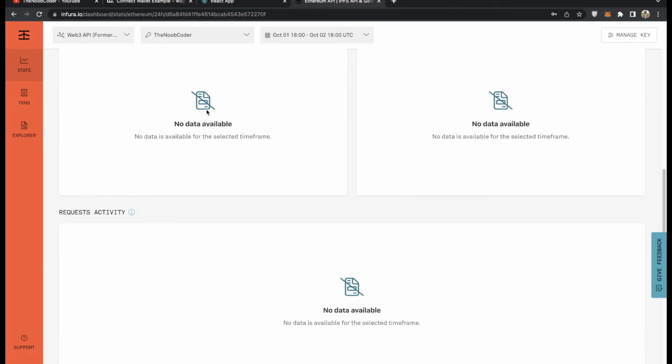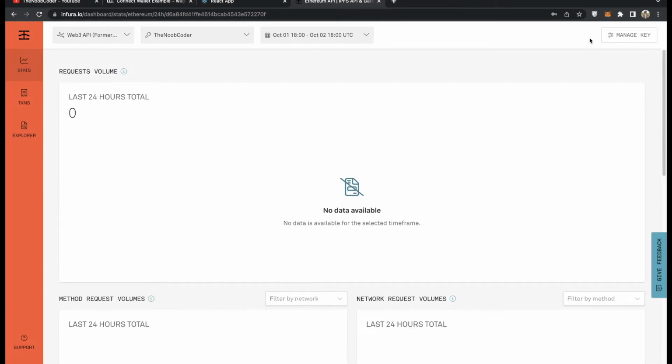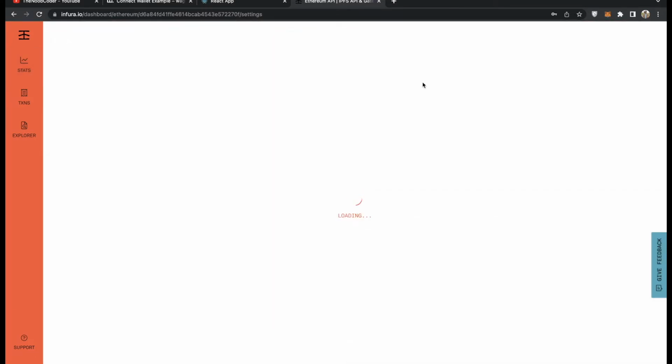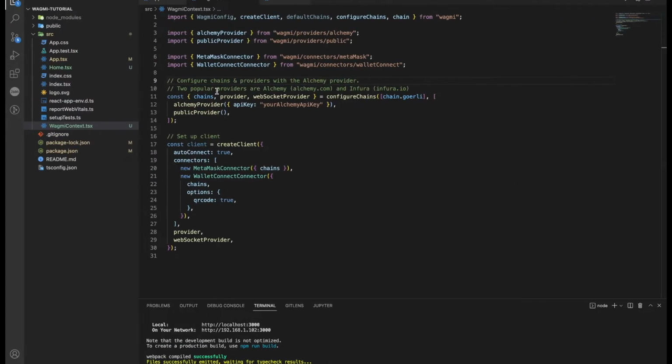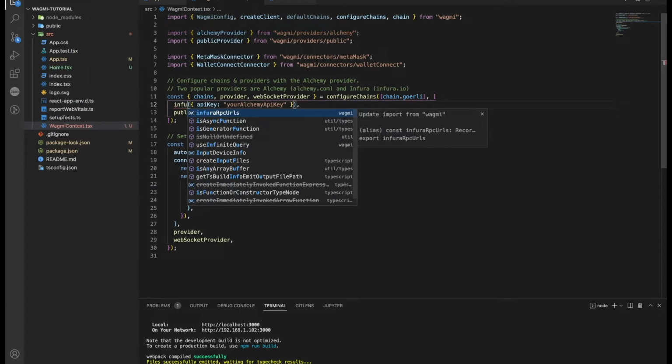If you go to manage key, you will see that you have your API key here, and you can have different HTTP endpoints, also RPCs basically. This will be my Goerli RPC if I need it, but for now I just need the API key for my Infura. So let's not use this. We will be using